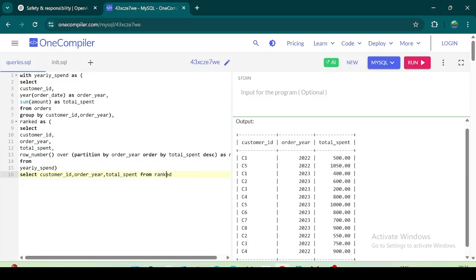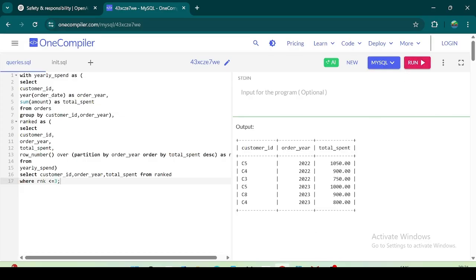Okay, and in the last we will use the condition in the where clause where rank less than equal to 3. Okay, it means the ranking of those customers who have spent the most in the year would be less than equal to 3. Okay, now if we run this query,